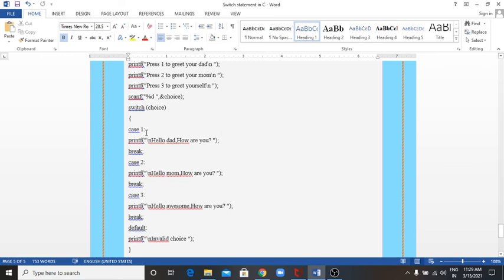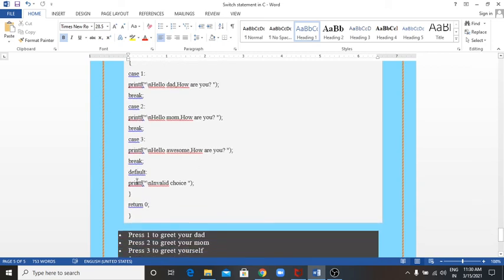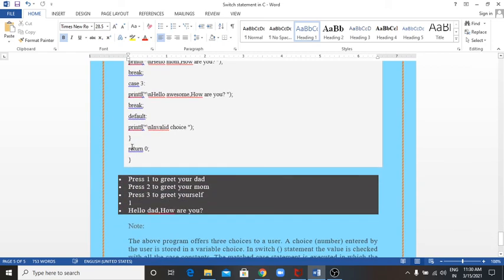Case 1 colon, printf hello dad, how are you, then break. Then case 2, hello mom, how are you, and break. In case 3 I take the message hello Awesome, how are you, and break. Then the default case prints invalid choice, closing curly brace, return 0, closing of main.